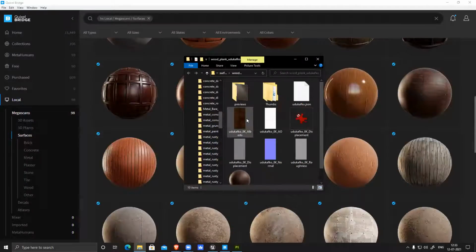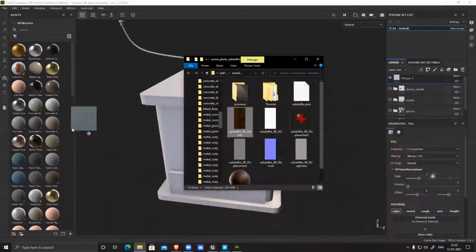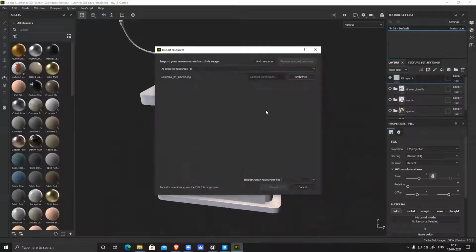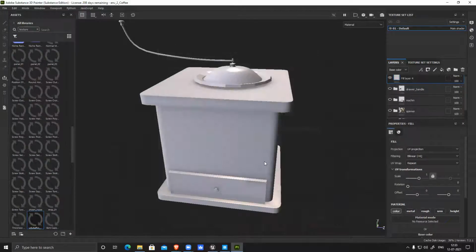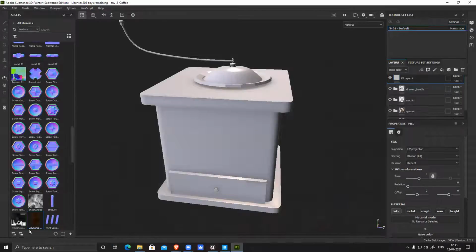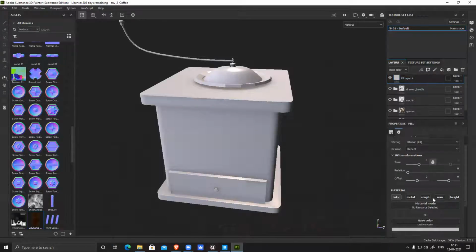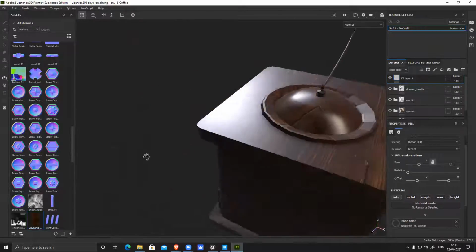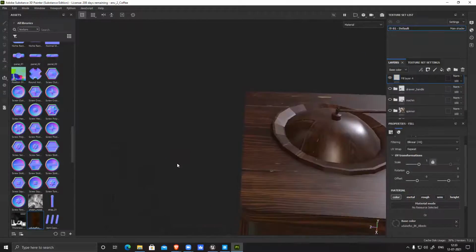I'll import one diffuse map, just to show you. Texture, current session, import. Now I created this color and just drag and drop it to base color. So let's see, it applied all over it, right?